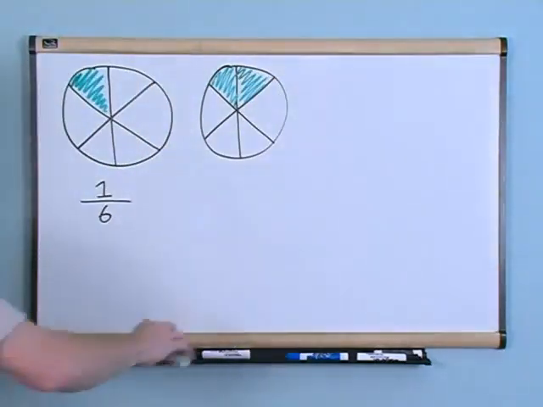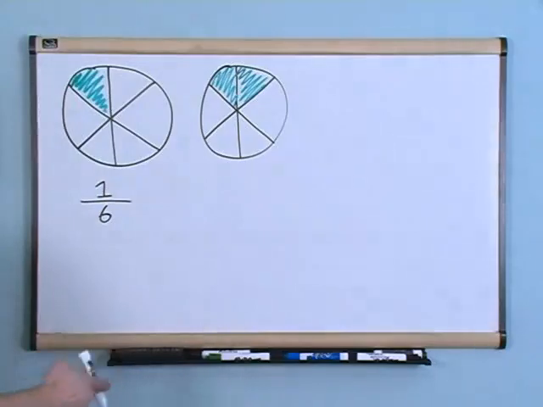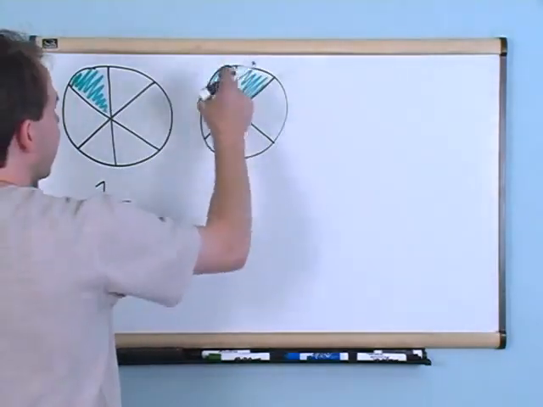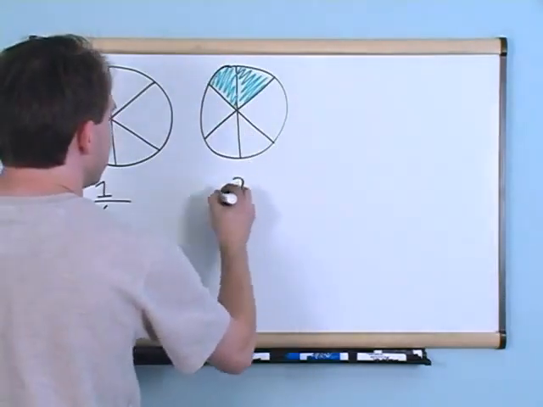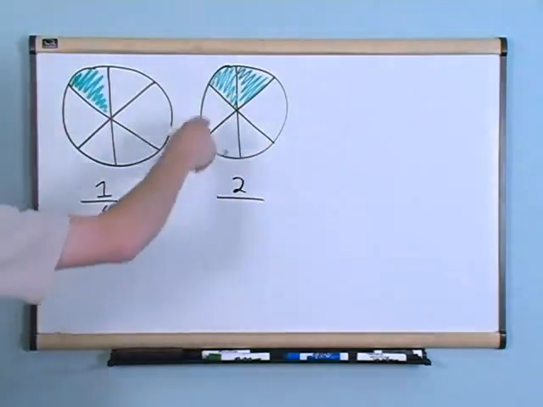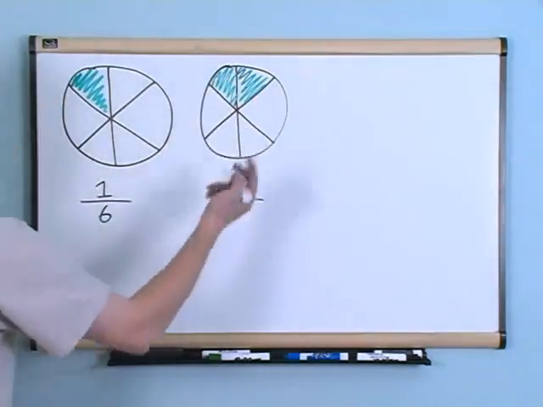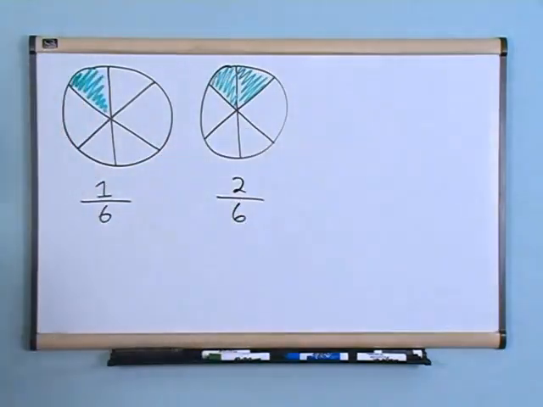Okay, what fraction are we dealing with here? Again, the first thing you do is, how many pieces do I have? That's 2 pieces. And how many total pieces are there? 1, 2, 3, 4, 5, 6 pieces. 2/6. Now, the question is,